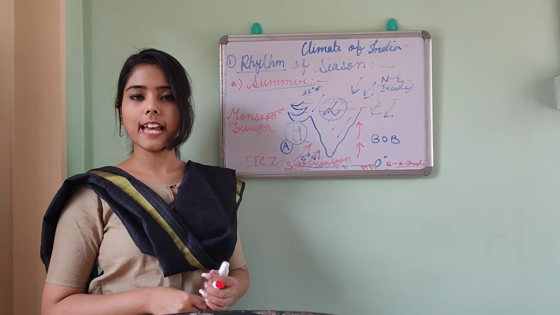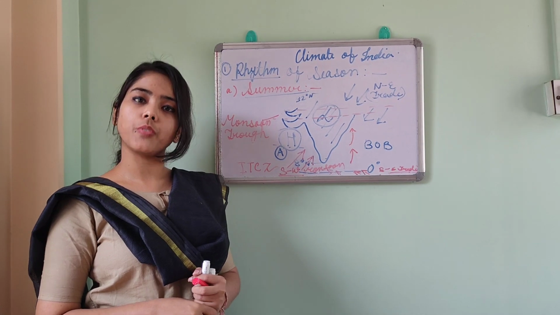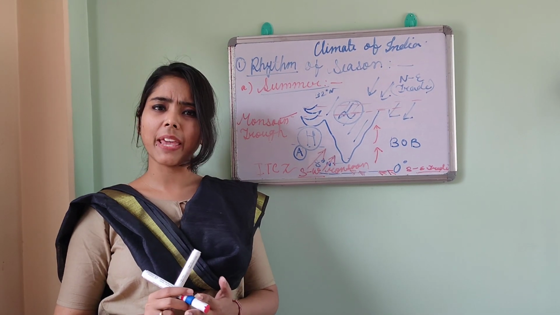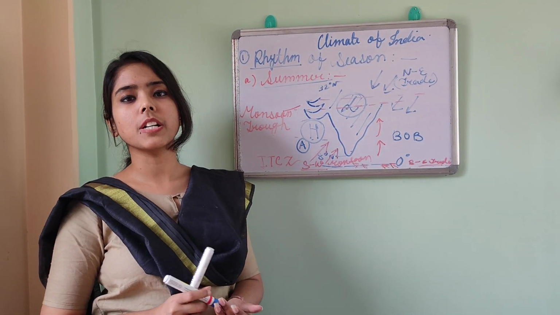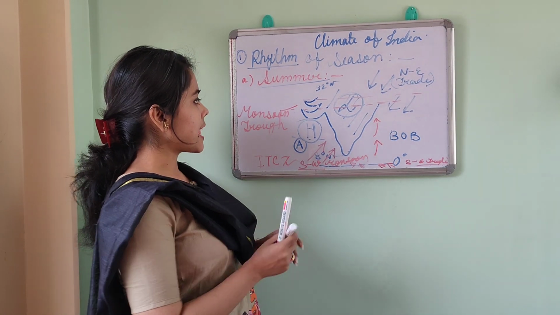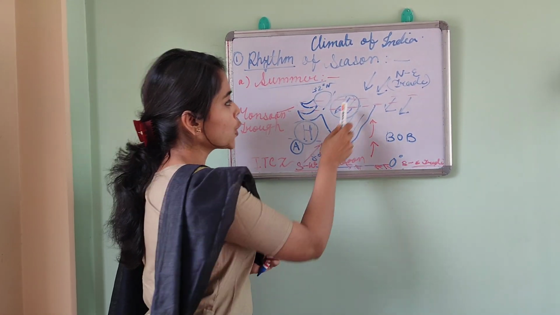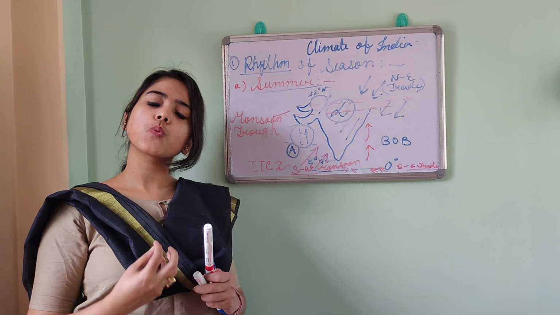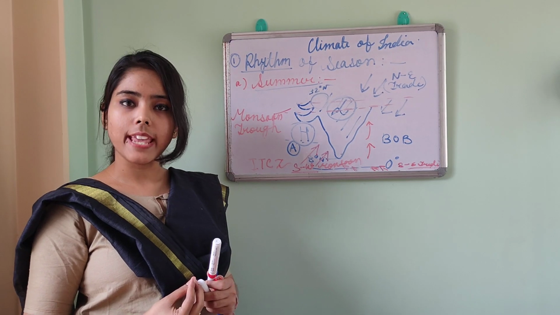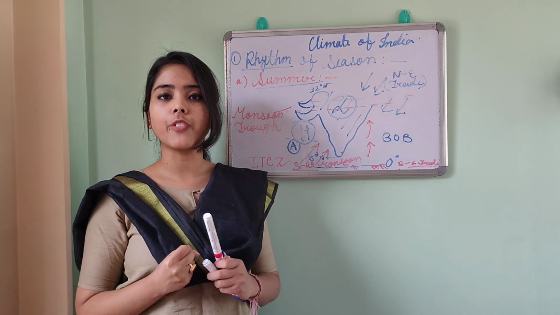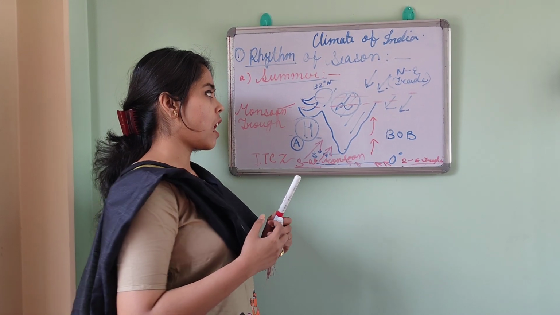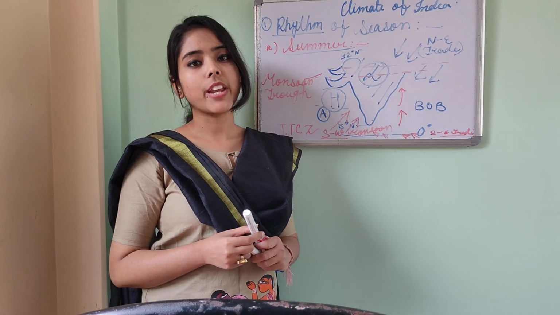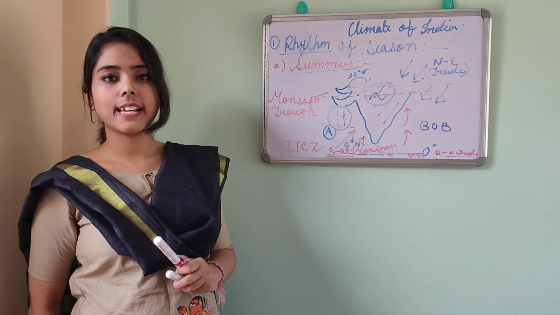Another important thing is the local wind. What is that? In the summer months, like March, April, May, in areas like Rajasthan, UP and also West Bengal, we experience a very hot, dry as well as very scorching type of wind. We feel very uncomfortable. That is known as local wind. In various states, the names of the local winds are different.